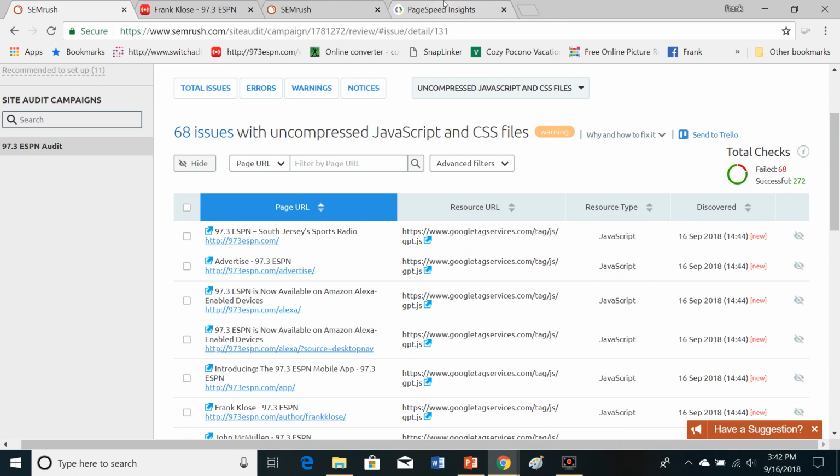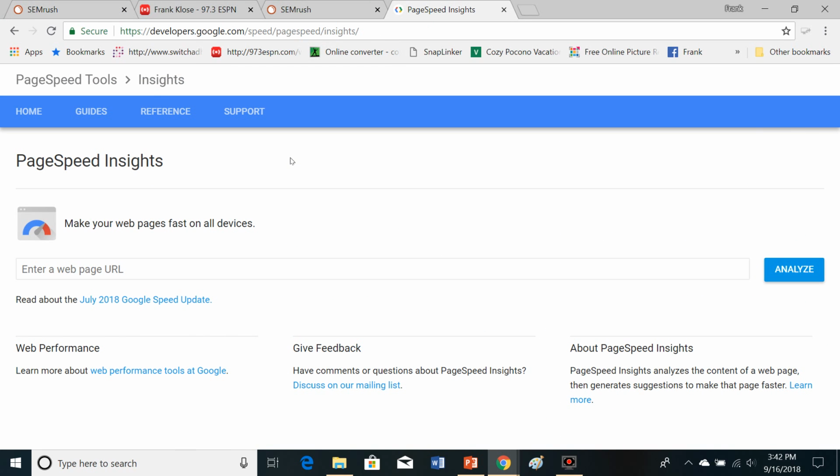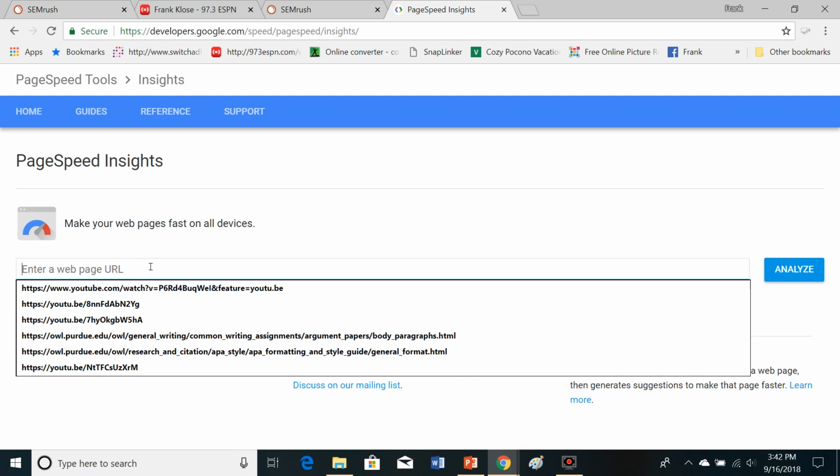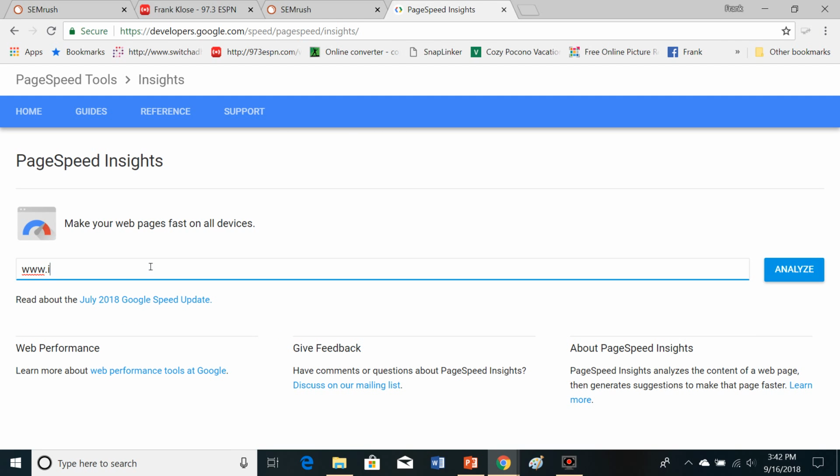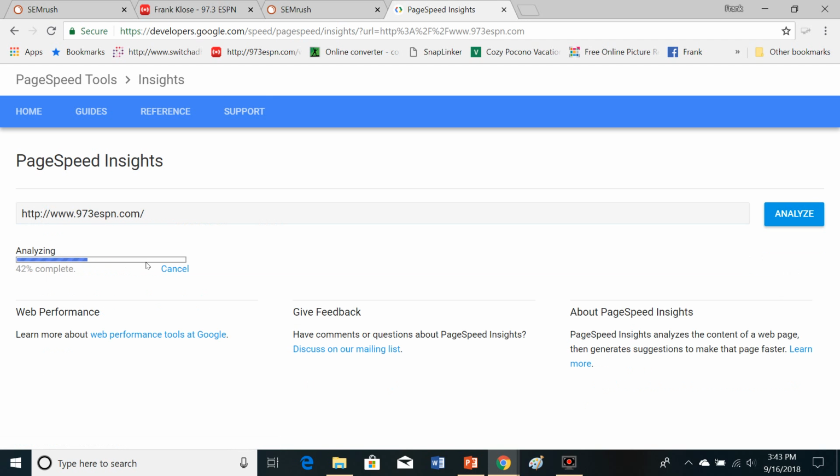One other option given to us by Sam is to use the PageSpeed Insights page here. So I'm going to go ahead and put in 973espn.com. Actually, I'm going to make sure I have the HTTP. And Sam says this is the quickest way to do it. So while this is